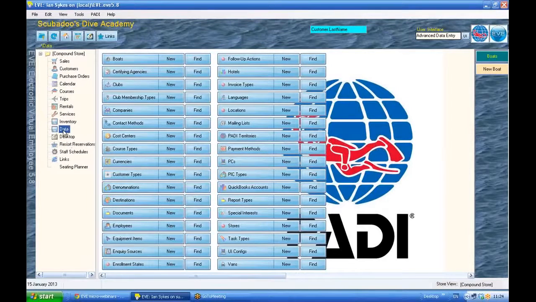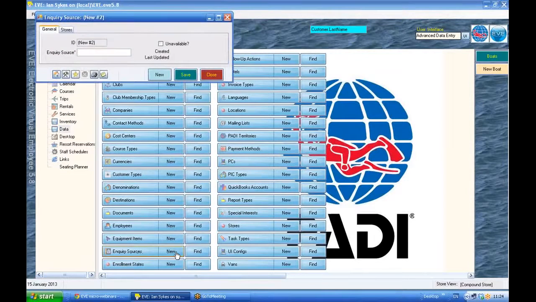One of the ways in which you can use your data within Eve is to track how your customers find you, i.e. which inquiry source, whether it be a website, whether it be an advert you've placed, that attracted your customers into your store. We're going to start that process by moving in Eve to the data module and then moving down to inquiry sources, and then in this case inquiry sources new,